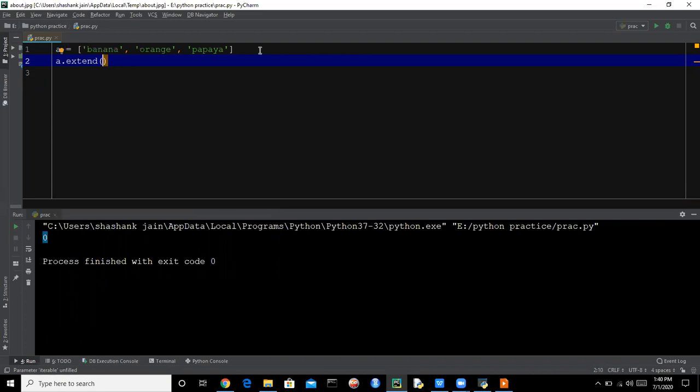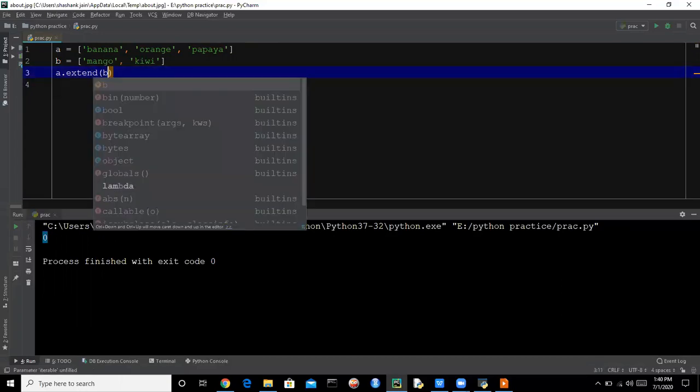So if you want to add one list to another list, like we want to add mango, we are giving this mango and kiwi. So we want to add list B into A. So we will write a.extend(b).